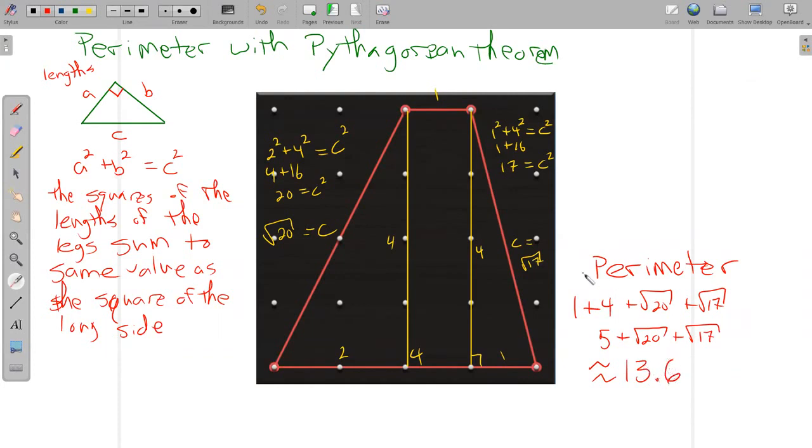The only other way to do this is to make a ruler that has distances marked off like this right here and measure these lines out, okay, which I can't easily do on